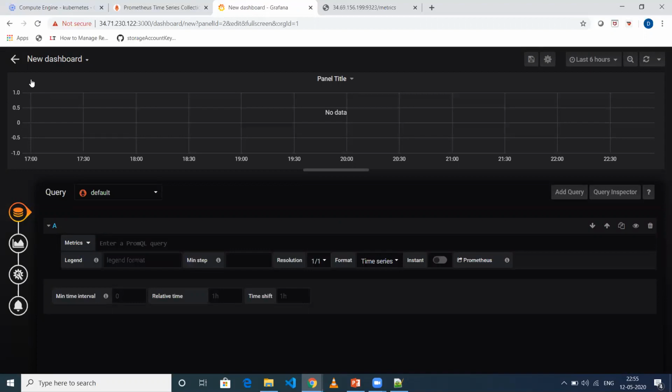But if you search for templates related to Docker metrics, you'll get a bunch of templates. You can import them into Grafana very easily. If you see my previous videos, you'll get to know how to import already created Grafana templates. Now I'm going to do it manually.